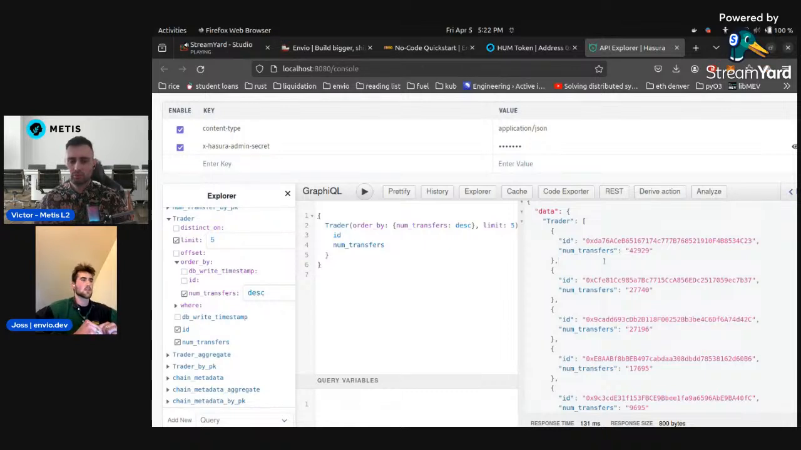Well, there's kind of two types of indexers that people want to make. Either people want to make indexers to support their front end, or people want to make indexers to do some type of data analysis. If you're going to make an indexer to support a front end, usually they're going to be